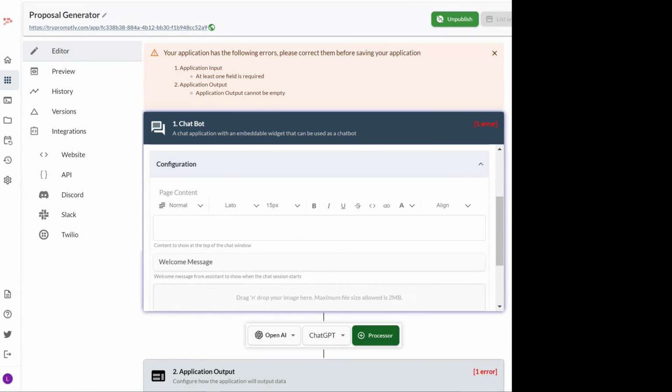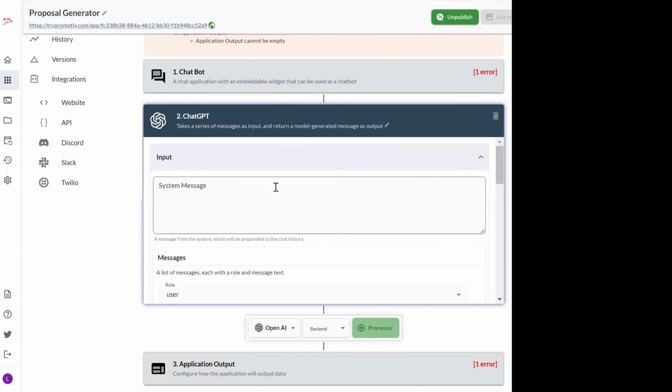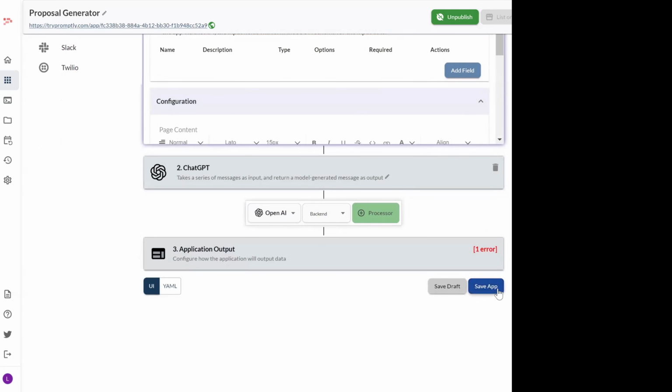A little quirk I've discovered with Promptly after playing with it for a little bit is that it won't let you save the app twice if you don't add a middle step first. So it'll save it successfully the first time, but if you try to do it again, it's not going to save. In order to continue saving it the second time and all the times afterwards, you need to add a processor in the middle, so a link in between chat input and application output. And it could be any link you want for now. We'll just delete it later. So you could just click processor here, and it'll add a step in the middle. And then if you click save app,